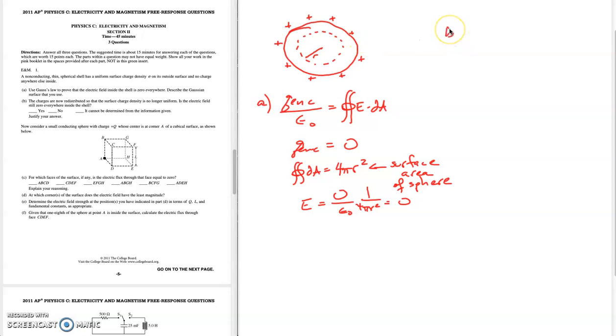For part B, now let's rearrange these charges. I wonder if I could do that. Nope, they're not going to let me just select one of them. For part B, if I rearrange those charges so that they are not spherical, so that they're not symmetric, suppose we put all the charges on this one side. How many did I have? 10-ish, 9-ish? Just have a whole bunch over here on the one side. So now even if we